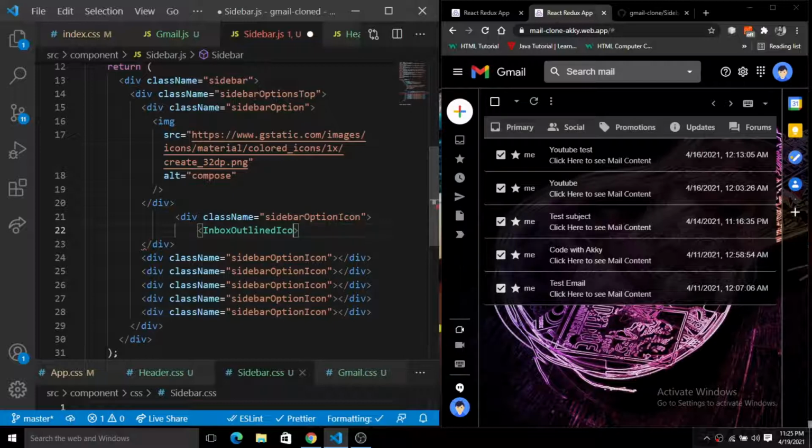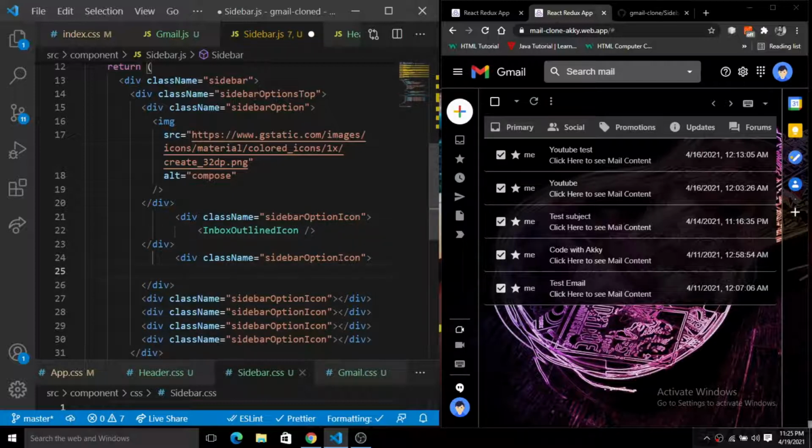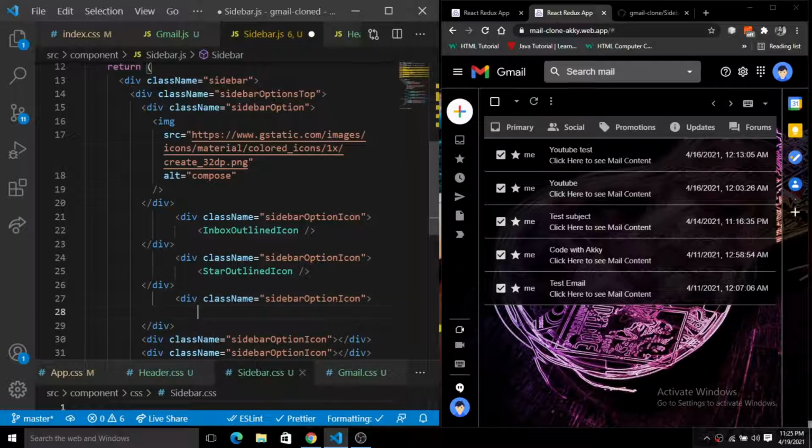Next we have a star outline. So we have this star outlined icon, right? Next we have a watch letter icon. So let's put the watch letter icon also there.